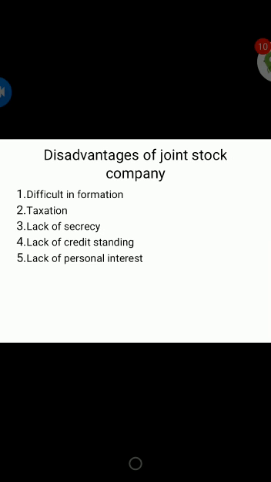The next is lack of personal interest. In a company, the shareholders do not take part in the management of the business. So the company will be managed by whom? By its employees. Who are the employees? It may be the board of directors. They are the employees who only take interest to the extent of the assigned task to justify their salary. There is a saying in Kannada, Alu Madiddu Halu Maga Madiddu Uttama, right? When the owner does it themselves, there will be perfection. But here the employees are going to do it.